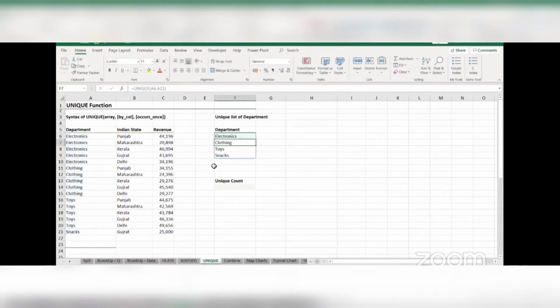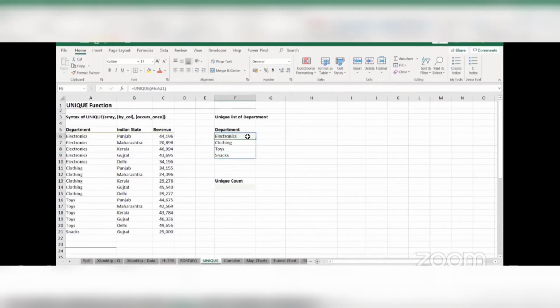And here we get the department list of unique items. So we have electronics, clothing, toys, and snacks. Isn't this amazing? Just by using a single formula, it did the work which would take Power Query or remove duplicates to get the answer for, right? And this is completely dynamic. So it's not like it's going to just stay static. Even if we have new data being added in the middle or at the bottom, if it's a table, it will constantly update, right? So all these things are completely possible.